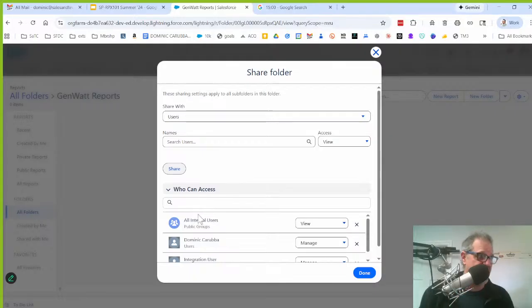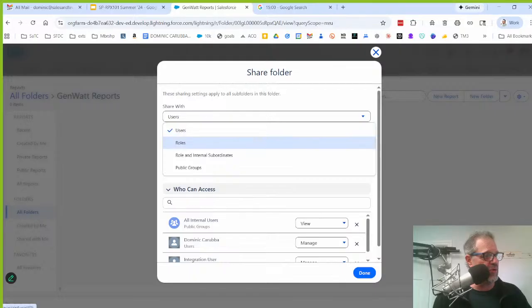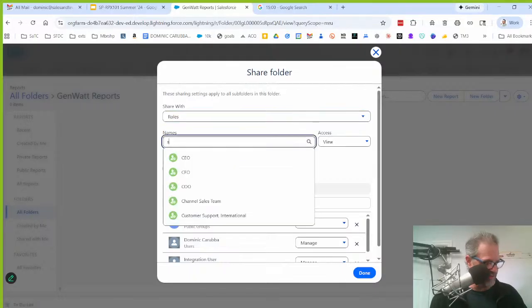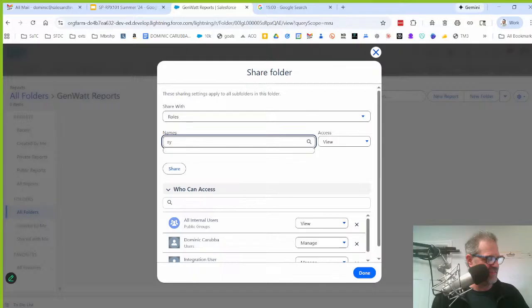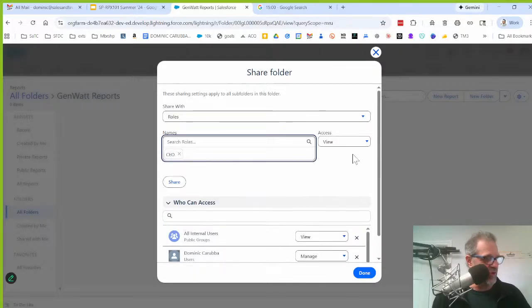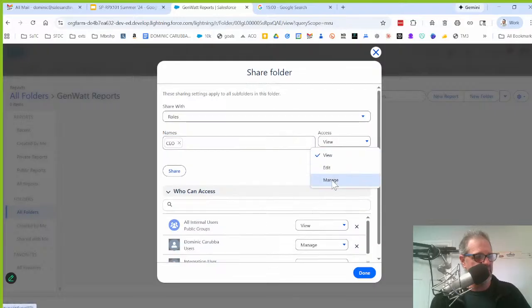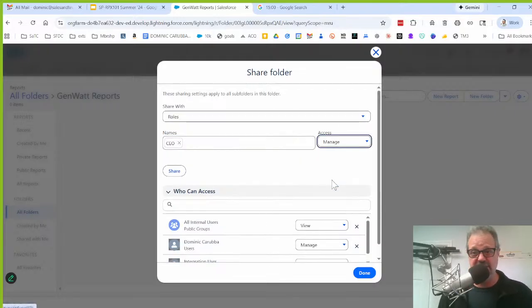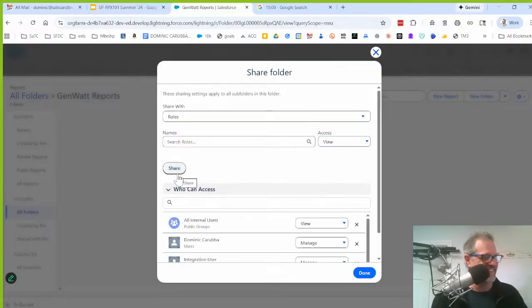So for example, if I had a role of system administrators, which I don't think I do probably, but if I did, let's say CEO. I have a role of CEO, and I give the CEO manage access, which I would not, FYI. That's the least trustworthy person when it comes to managing the software, because they usually don't understand how anything works, right? So I would not do this. But if I did, because there was somebody else in there,